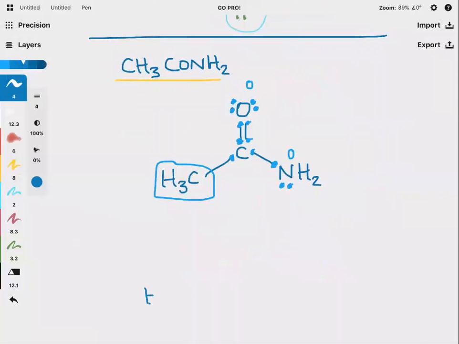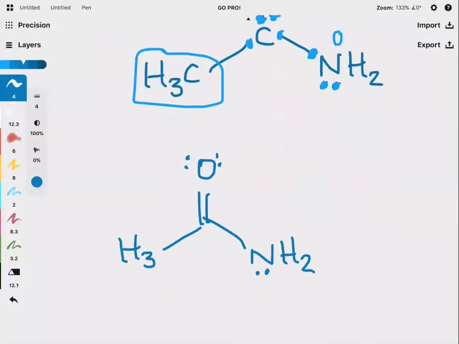So let me redraw this. Well, the way we draw resonance structures is simply by pushing electrons from where there's a lot of them to where there's not. And we don't jump atoms. We go step by step. We go from neighbor to neighbor. So the way you do that here, and I'll do it in pink,